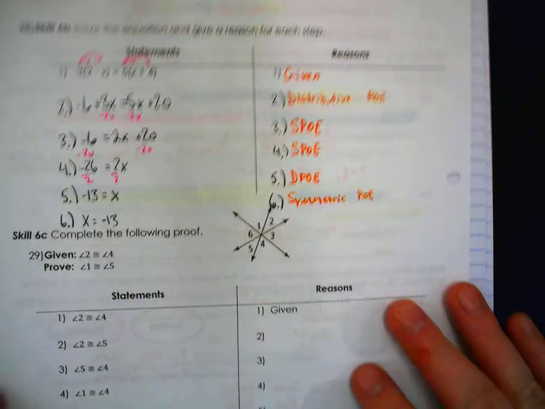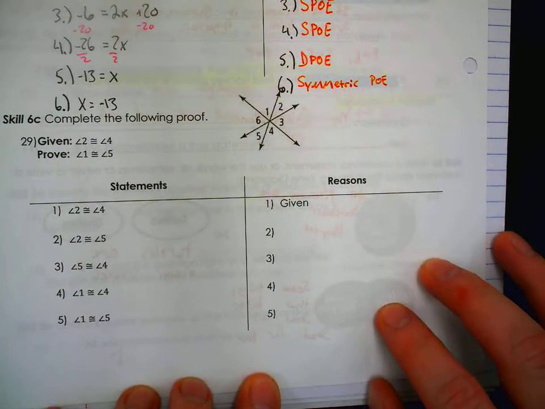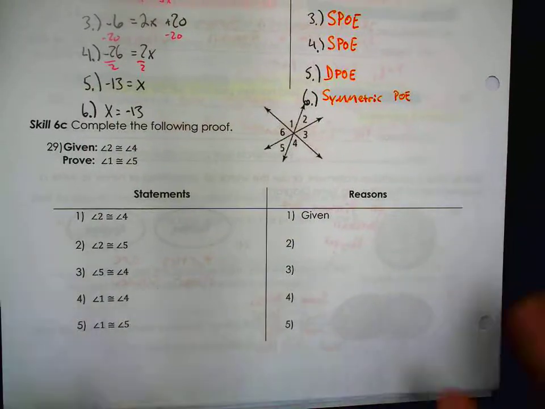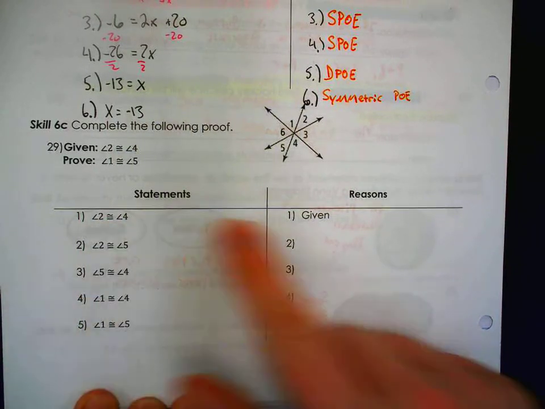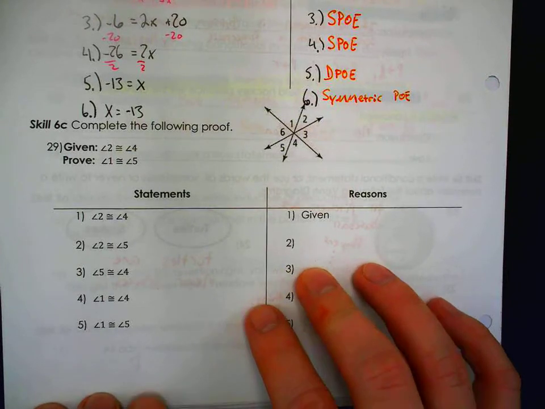For our final proof, we'll be going over geometric proof. Let's complete the following proof. Given angle 2 is congruent to angle 4. Sorry, prove angle 1 is congruent to angle 5. Statements, angle 2 is congruent to angle 4. That's our given. In general, when doing a geometric proof, the first thing I want to do is I want